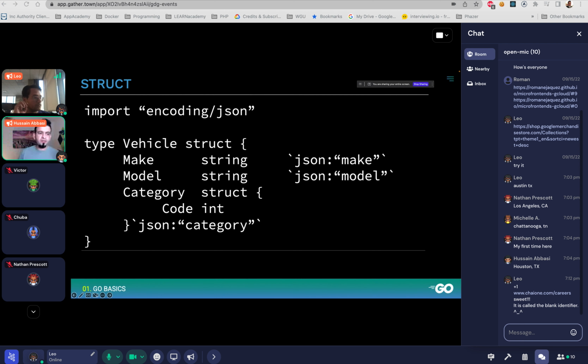Now, there is a concept of something called a tag. A tag is usually used for encoding and decoding. In this case, you can see I'm using it for serializing and deserializing JSON. So I bring in the JSON library, and I just say Vehicle struct, and now I'm giving it a tag. What the tag does, as you would imagine, is when I'm serializing, deserializing, marshalling, unmarshalling JSON to this type, it's going to use those JSON names for serializing and deserializing. And that's all it's doing here: my make will be lowercase make, my model will be that, etc.